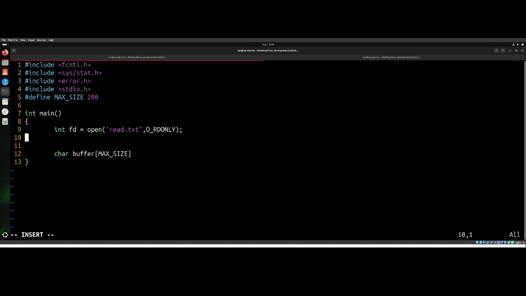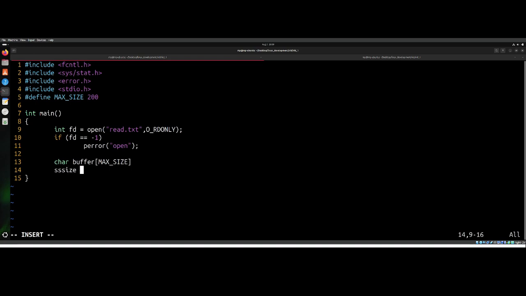If fd is equal to -1, I will say perror, open. That's done. I have a character size buffer, I have this, and now I will be calling to